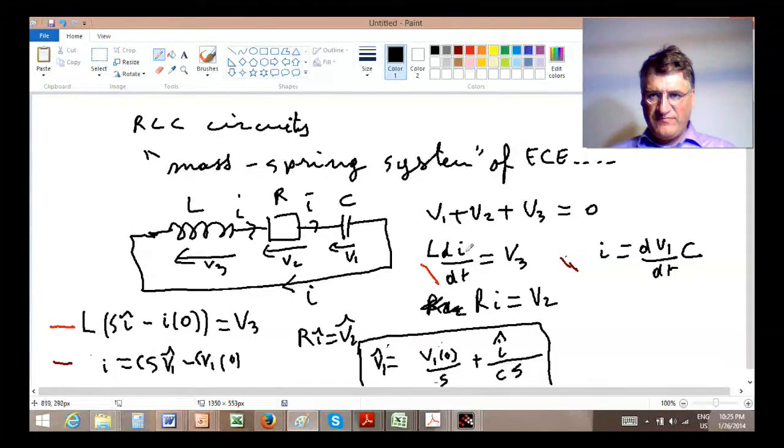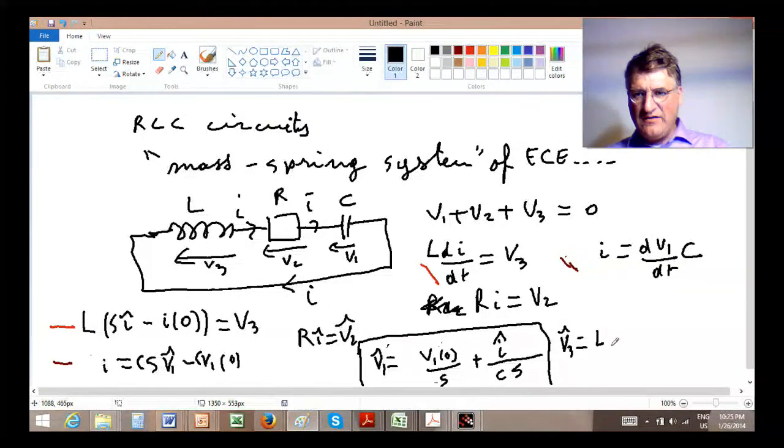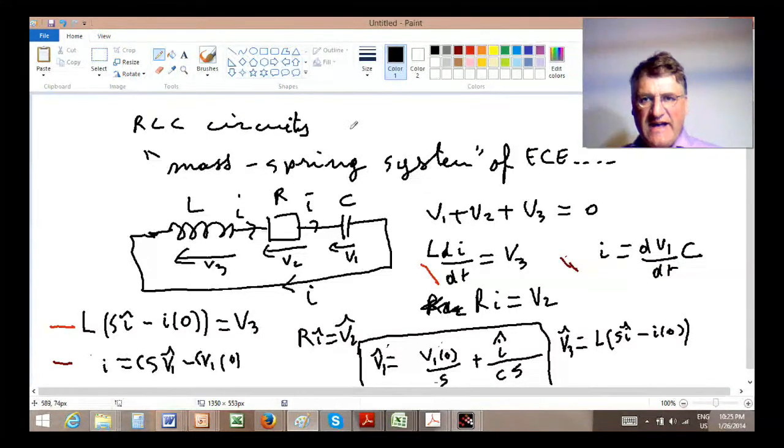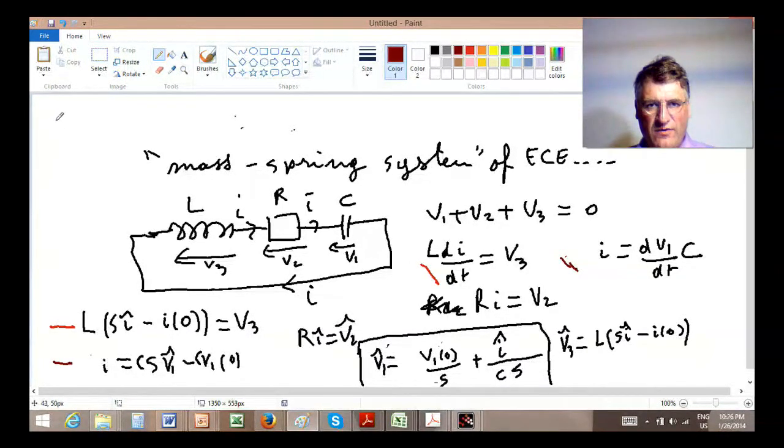V3 is already given, okay? We have V3 hat is equal to L times S I minus I of 0, with a hat on top of the I, in such a way that the complete equation of motion, or the equivalent equation of motion for an RLC circuit will be, let me make a little bit of room here on top, something along the lines of, so V1 of 0